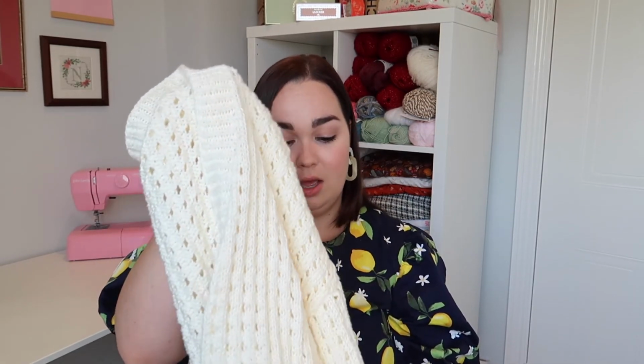This one's made in hand knit Rowan yarn, which is 100% cotton, and oh my goodness, is this the nicest yarn ever. Rowan is spenny, spenny, spenny, I get that. Just a disclaimer, this was gifted to me by Quail. They've gifted me a couple of things over the years, which is so, so kind of them. So yeah, the yarn for this is spenny, but you can really tell the quality